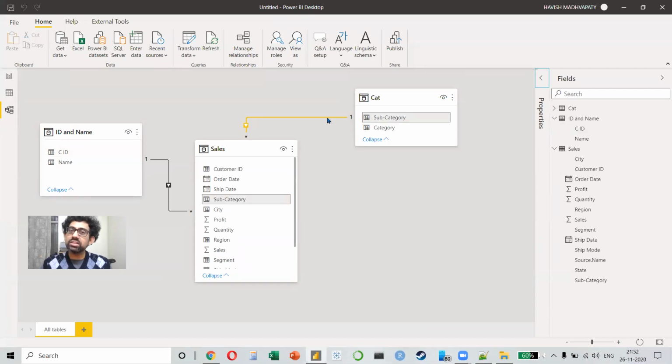Sometimes even if the name is not the same, it still works. There is no reliable answer to this, but all I will tell you is that please make sure that you keep the relationship yourself. That means you should create it. Do not rely on Power BI to do it because sometimes it might not work, sometimes it might work incorrectly. So you should always make sure that even if the automatic relationship has been detected and created, you should always go and check it, okay, like we have done.